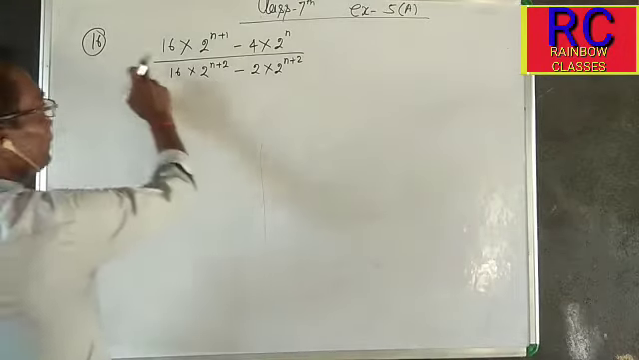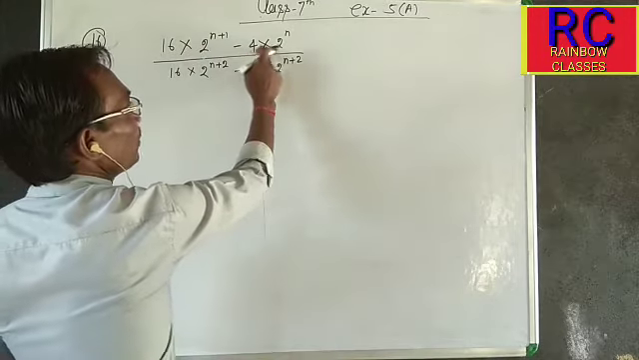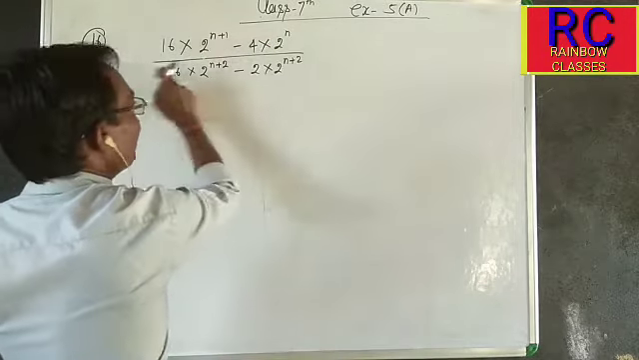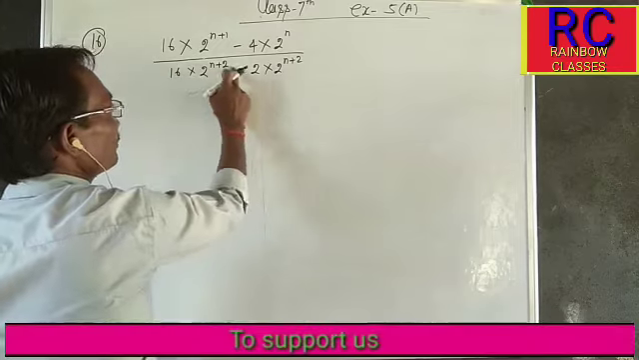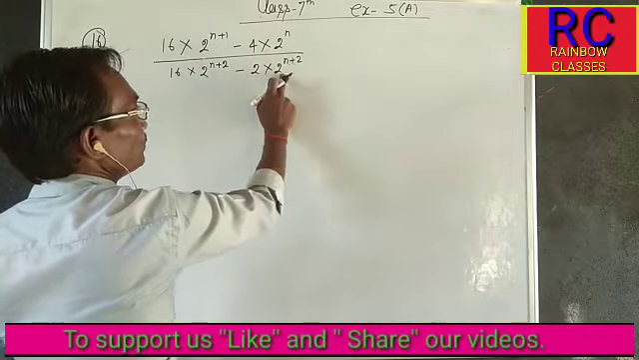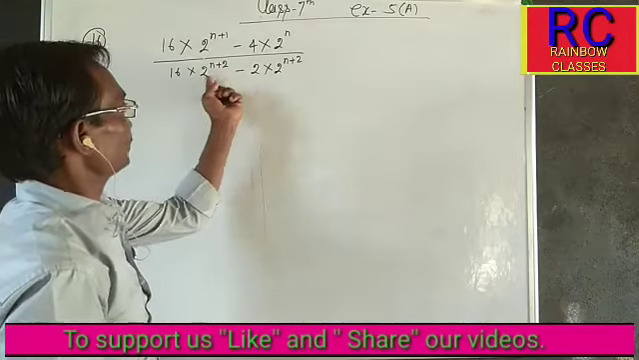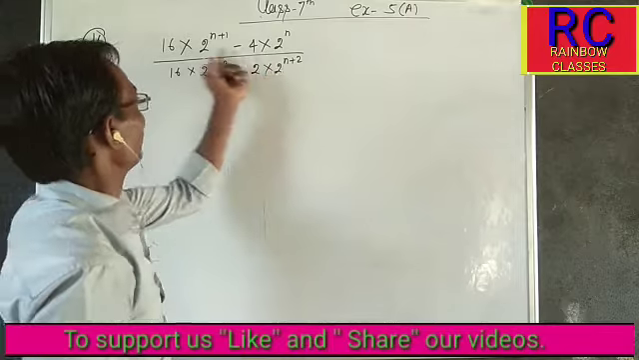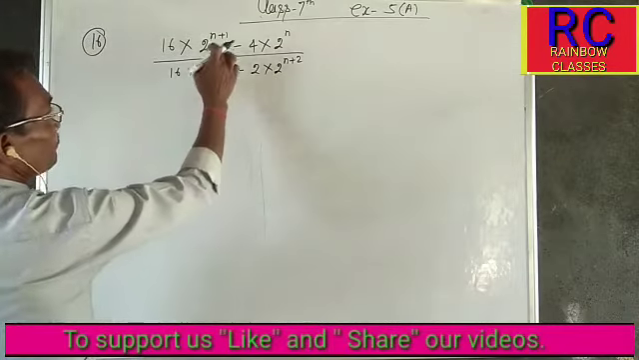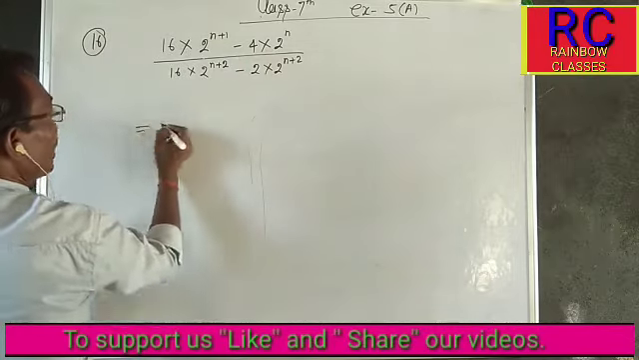Question number 16. 16 into 2 to the power n plus 1 minus 4 into 2 to the power n by 16 into 2 to the power n plus 2 minus 2 into 2 to the power n plus 2. We take 2 to the power n plus 2 common. So we take n plus 1 and